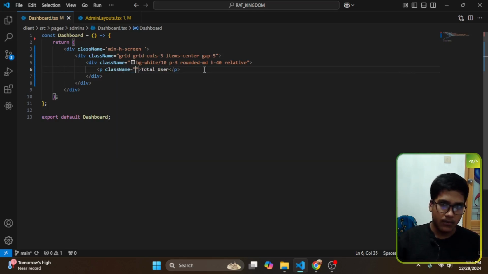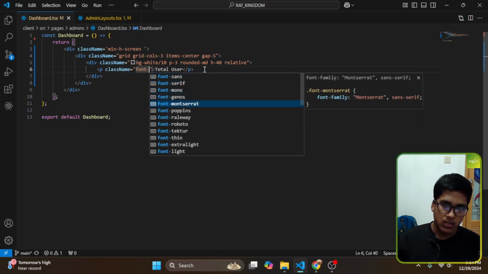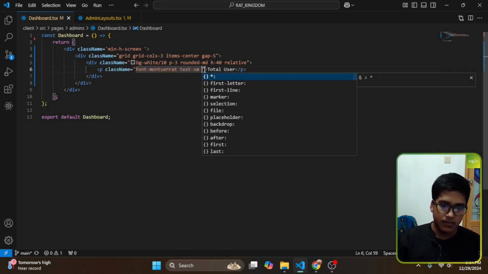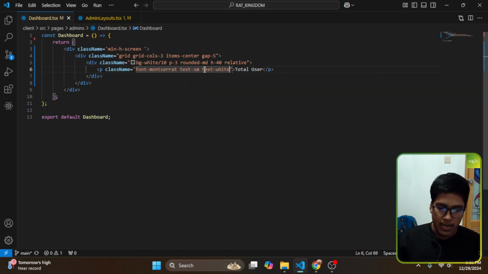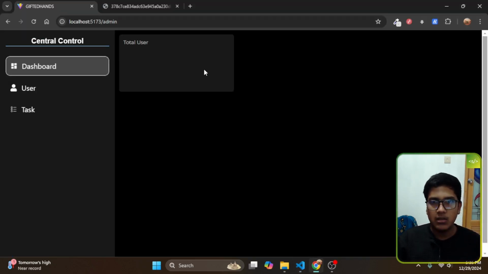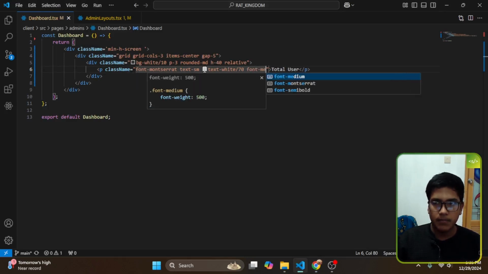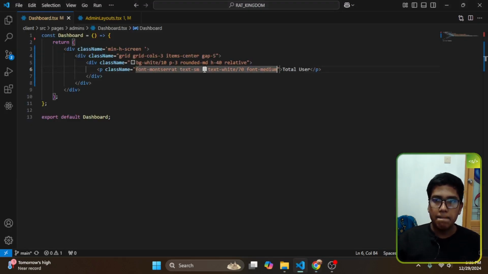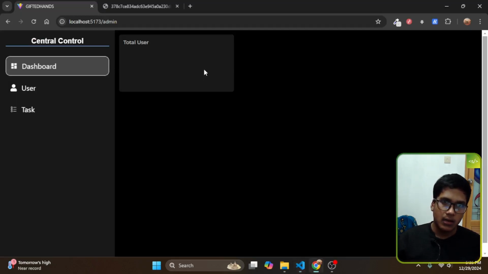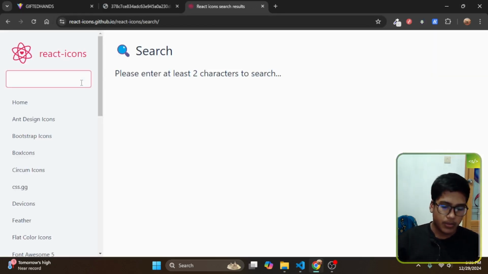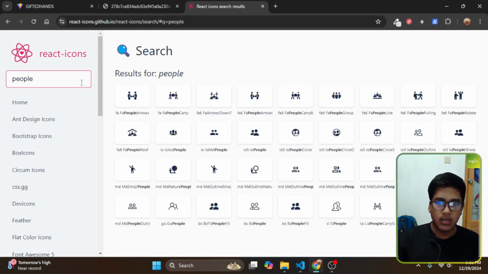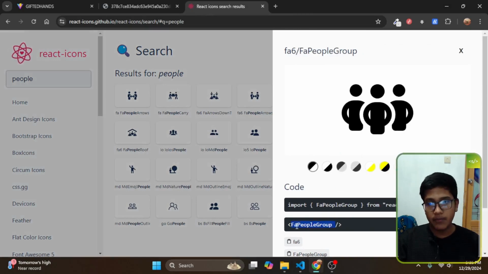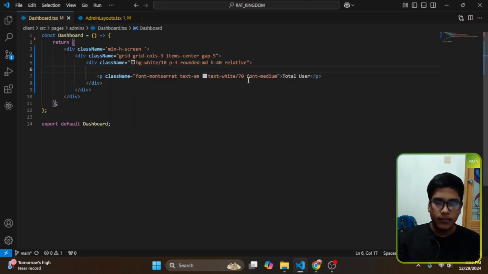Then I want to design the font, and the font is Montserrat. Then text size is SM, then text is white and opacity is 70%, and then font is medium. Cool. Then we need to add one more thing, that is the icon, a React icon, and that should be the people icon, because people is a group of people that indicates the number of users. Okay, so I just add that,